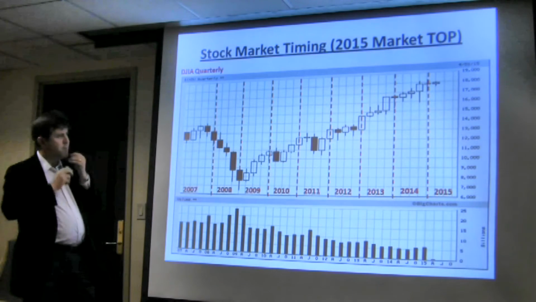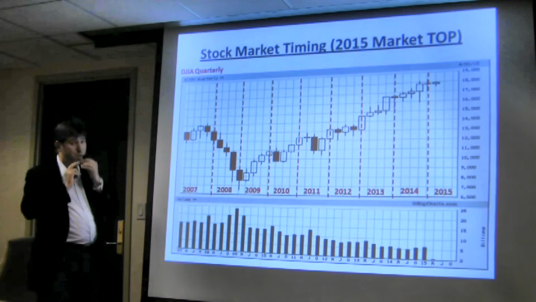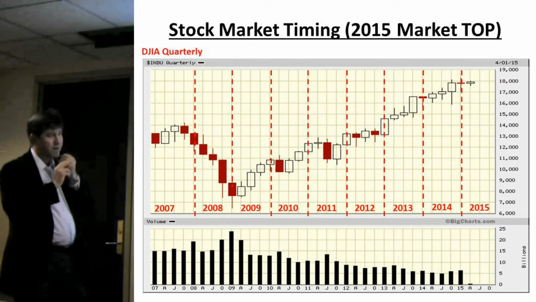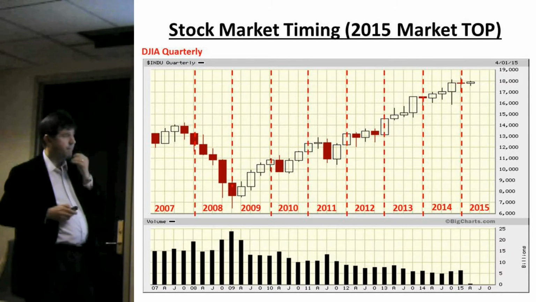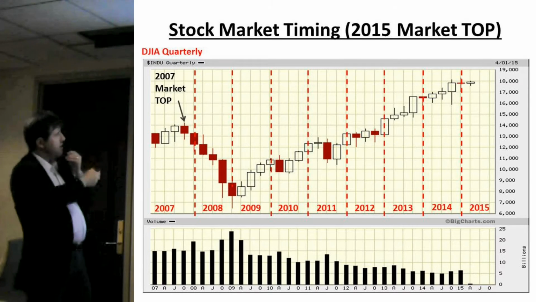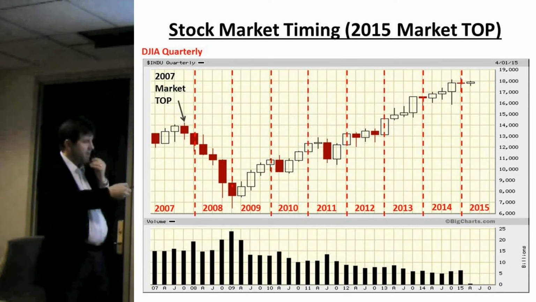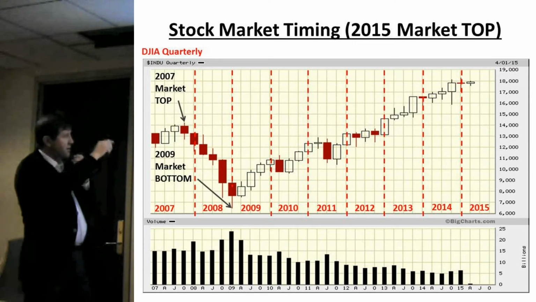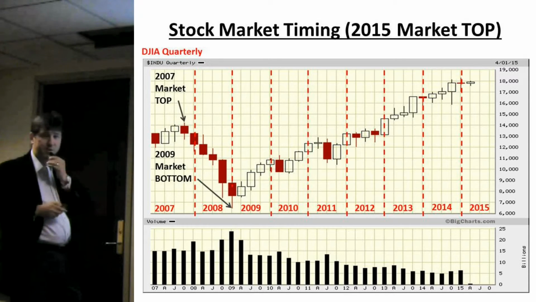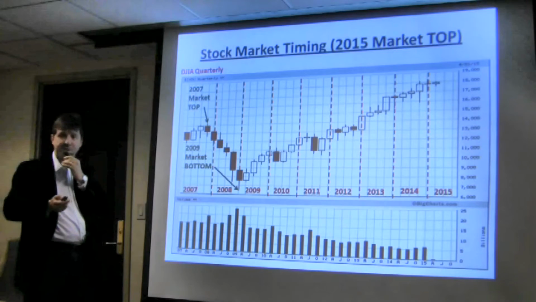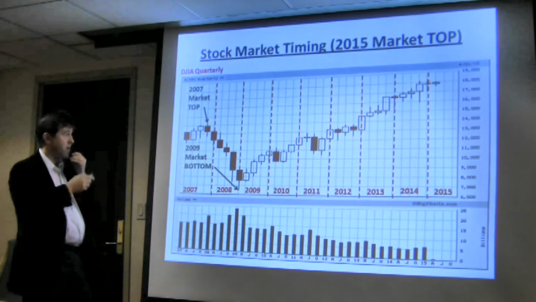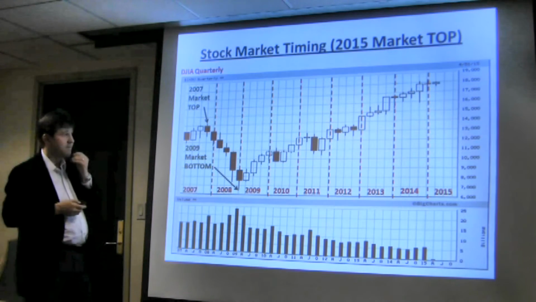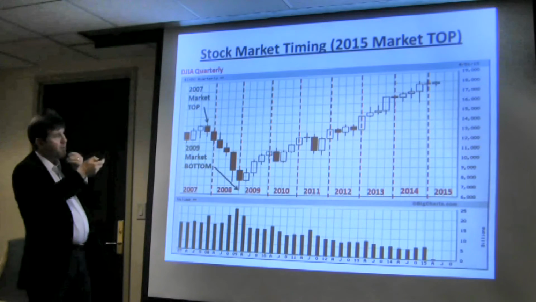Just looking at a much larger scale, this is now a quarterly chart, so each candlestick is 3 months. It covers 2007 to 2015. There's the top in 2007, and there's the low in 2009. It doesn't look so bad now, but that was the second worst drop in the history of the Dow. The worst was the Great Depression. This 55% drop was the second worst in history, so that was a very significant drop we all lived through. If I superimpose